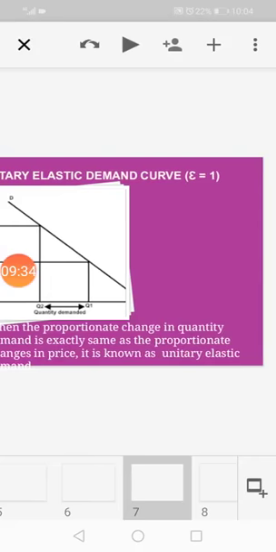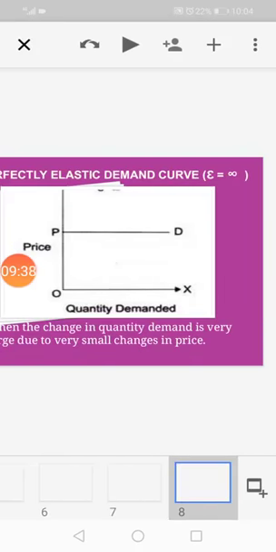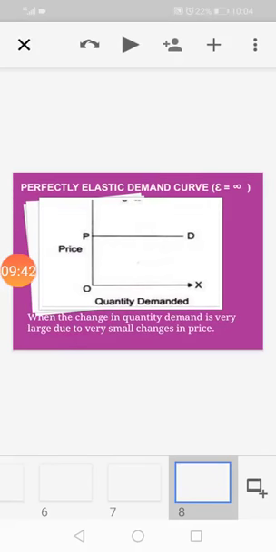Now see the next case. So this is one extreme, when the demand curve is perfectly elastic. The demand curve is perfectly elastic when it becomes a horizontal line. It is parallel to the horizontal axis. In this case, a very, very small change in price, which we are unable to see here because it is too small to visualize, causes a very large change in quantity demanded. This is called a perfectly elastic demand curve, and this type of demand curve is